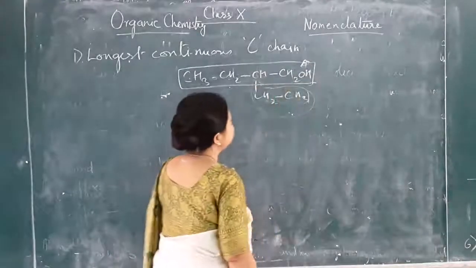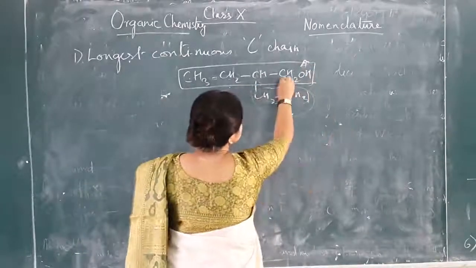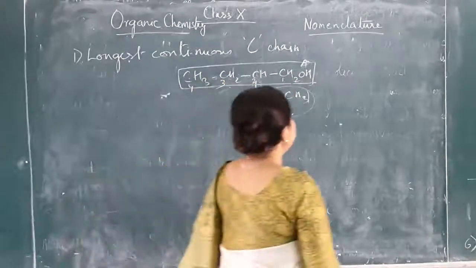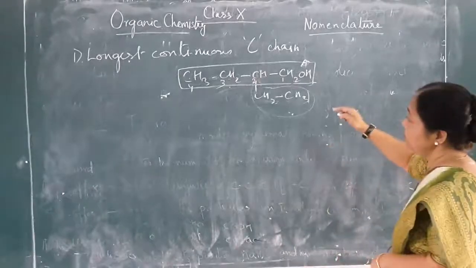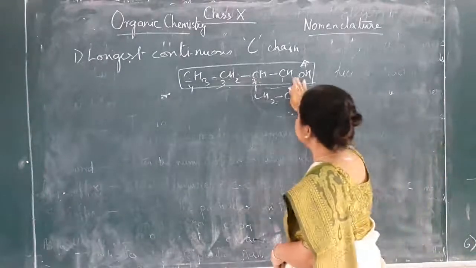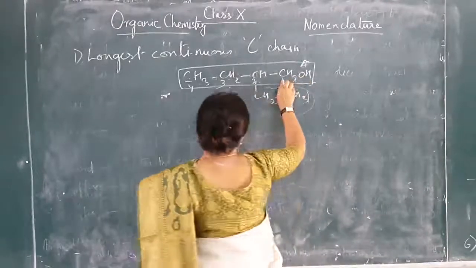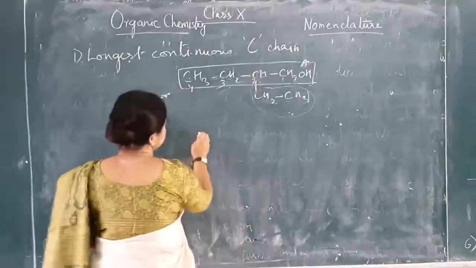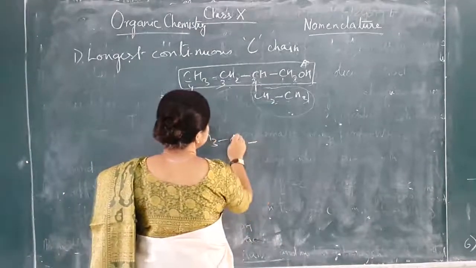So first of all we select the longest continuous chain with the functional group, and this is 1, 2, 3, 4. Now the second thing that we have to do is numbering of carbon atoms. From where do we start numbering? Suppose this CH3, CH2 or CH, Cl,